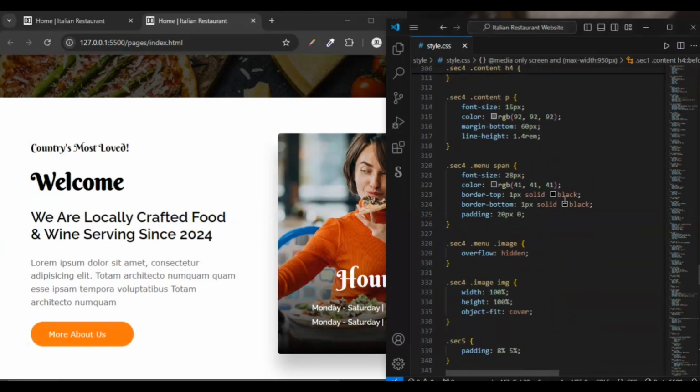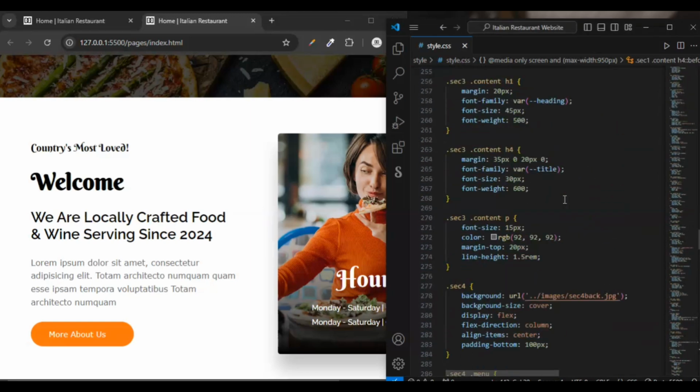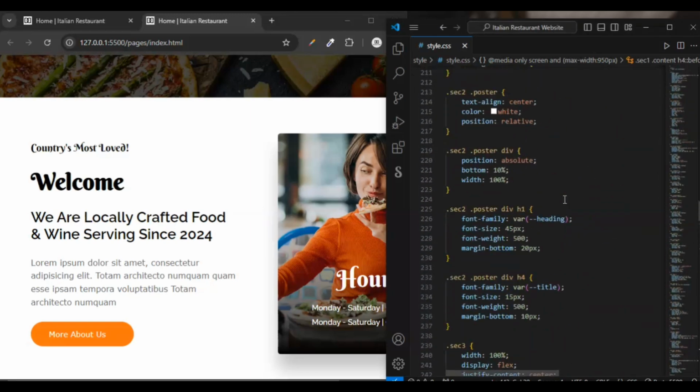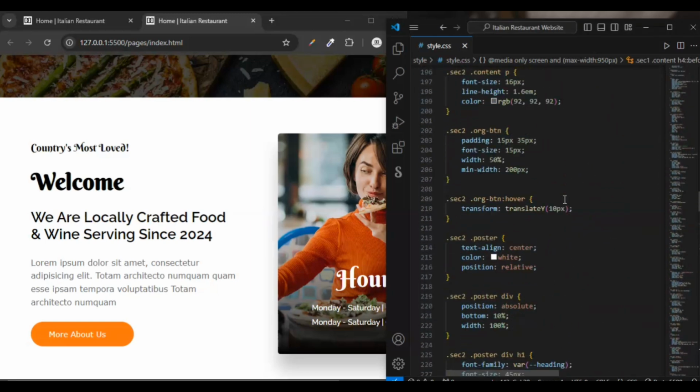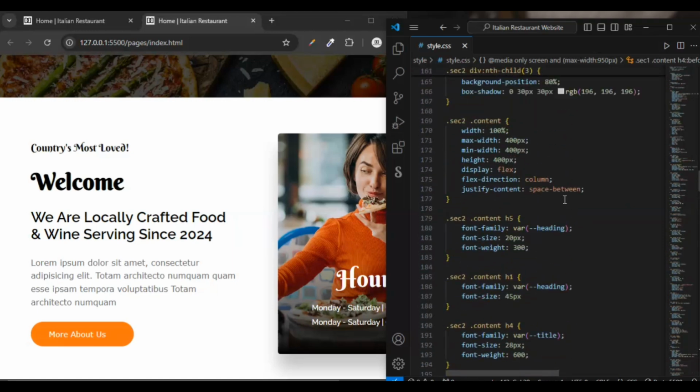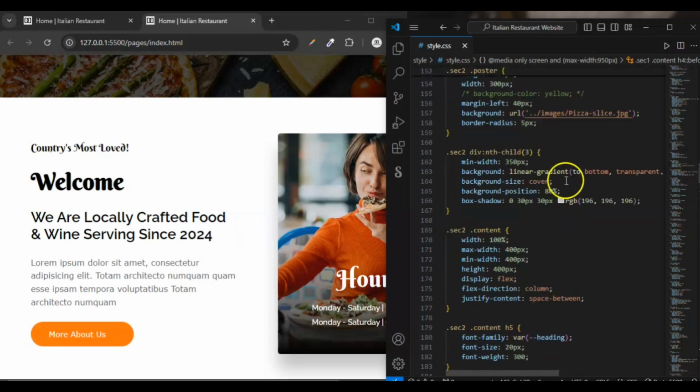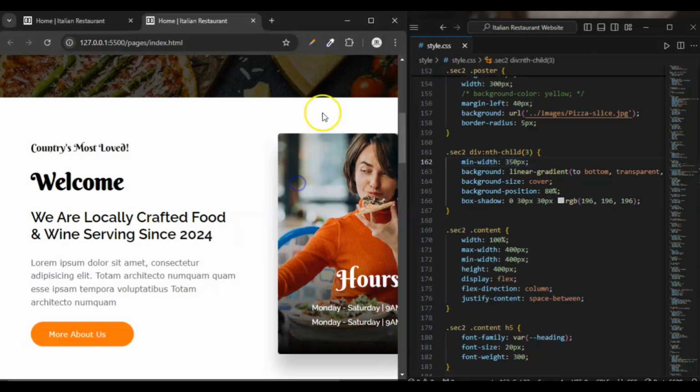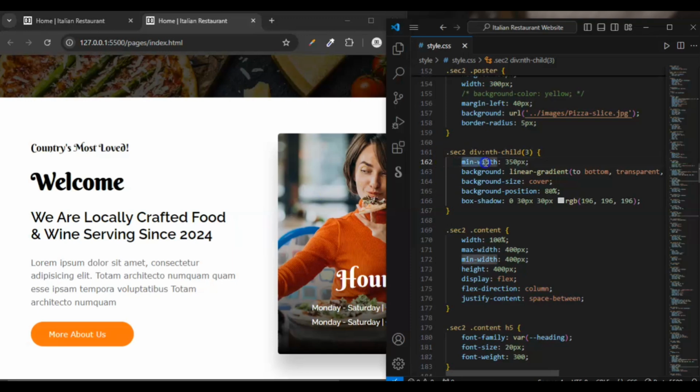We use a property in section 2, this one, minimum width 350 pixel. We have set the minimum width of this div to 350 pixel, so